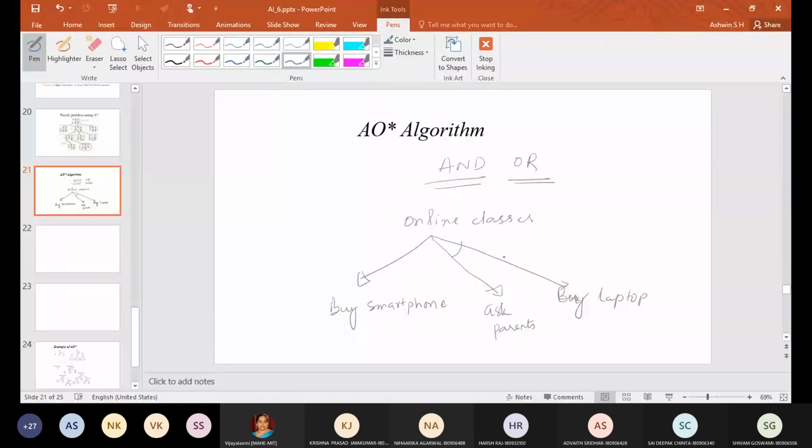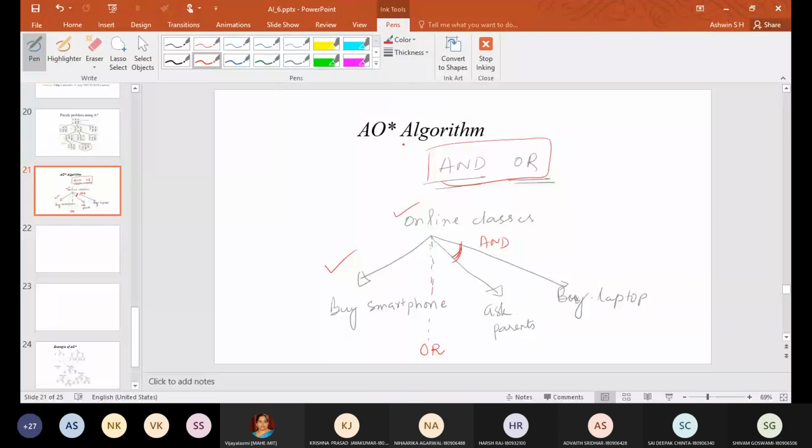This is actually an AND-OR option. So here, if I just draw one line, this is OR. And whatever arc I have shown, this is AND. So this is also possible, and with this also, this is achievable. So this is achievable with these two combinations. This plus this you have to ask, and you have to buy this, and this is AND. Still, if you want to achieve this goal, both should be satisfied. So this is what is called the AND-OR algorithm, the AO star algorithm.